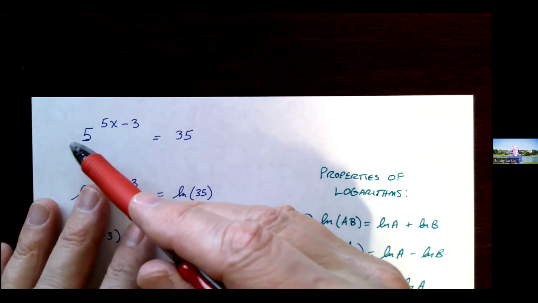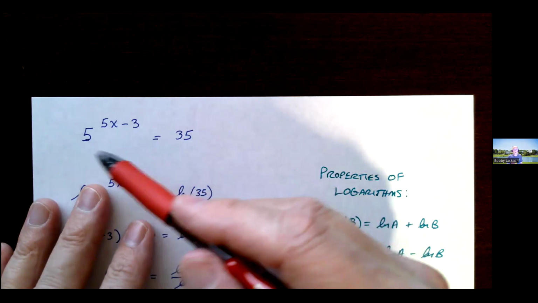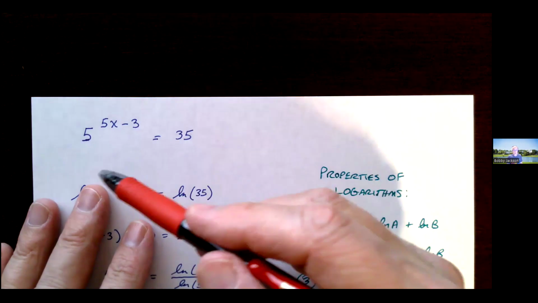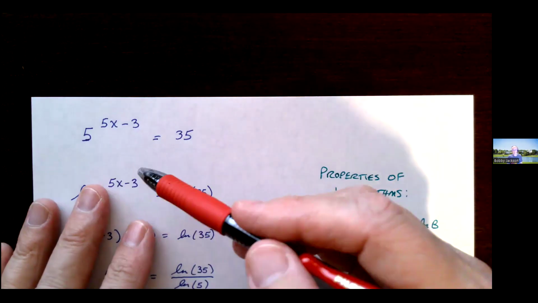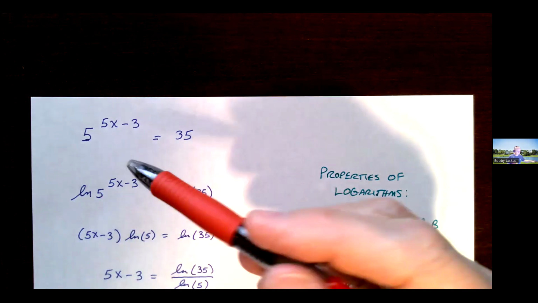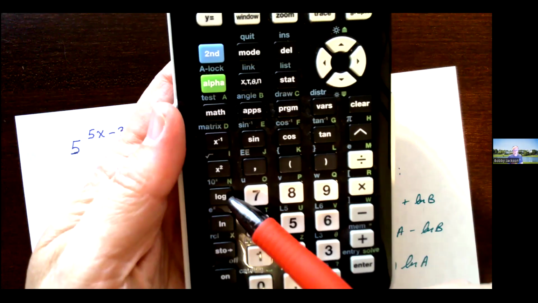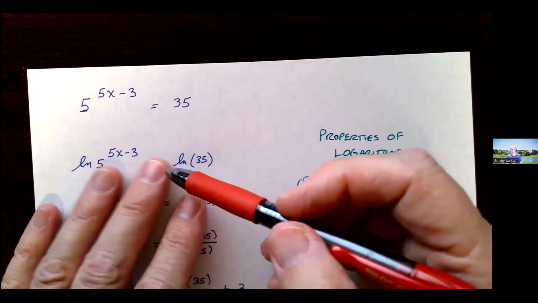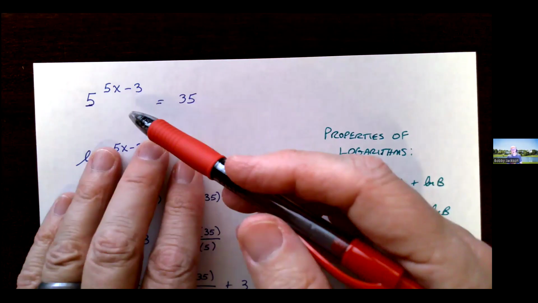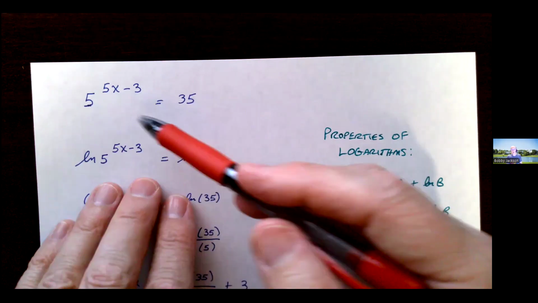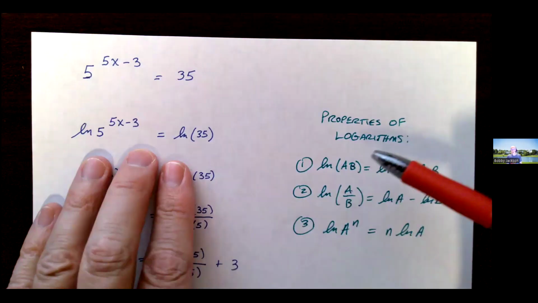You could use log base 5 in this case to solve. But again, I'm working on the assumption that if we wanted to approximate the solution, we would need to use a calculator or some technology. And a lot of them only have, for instance, on the TI-83 and 84, the ln and log, so log base e and log base 10 buttons. I know some of them do have a log base anything button, but let's work on this idea using the natural log. So I'm going to take the natural log of both sides, and I'm going to start using some